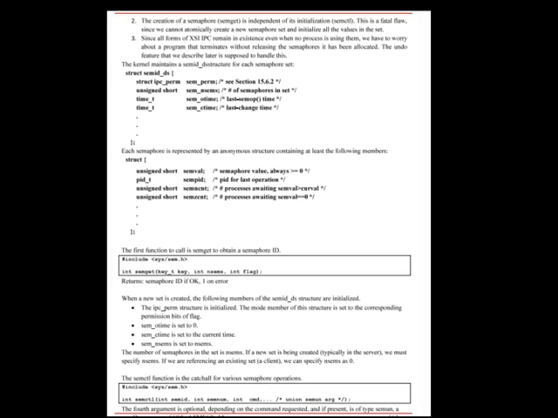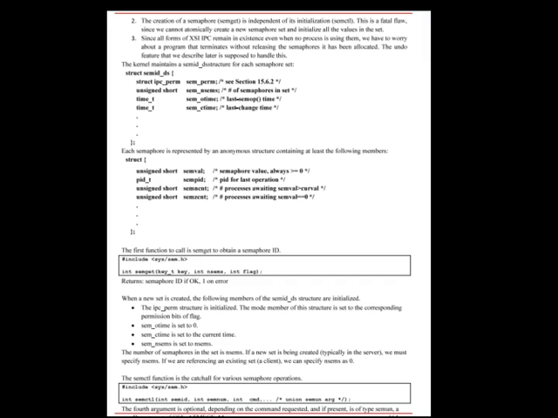Each message is composed of a positive long integer type field, a non-negative length, nbytes, and the actual data bytes corresponding to the length. Messages are always placed at the end of the queue. The ptr argument points to a long integer that contains the positive integer message type, and it is immediately followed by the message data. There is no message data if nbytes is 0. If the largest message we send is 512 bytes, we can define the following structure. See the structure here. The ptr argument is then a pointer to a mymesg structure.